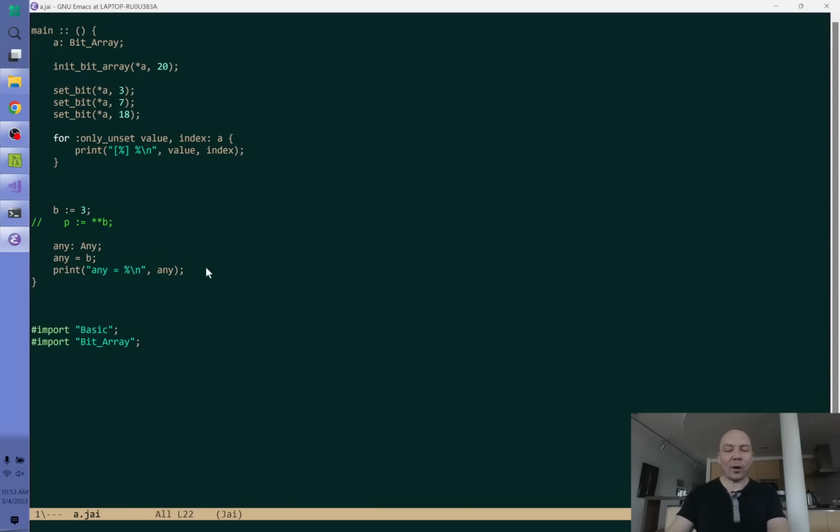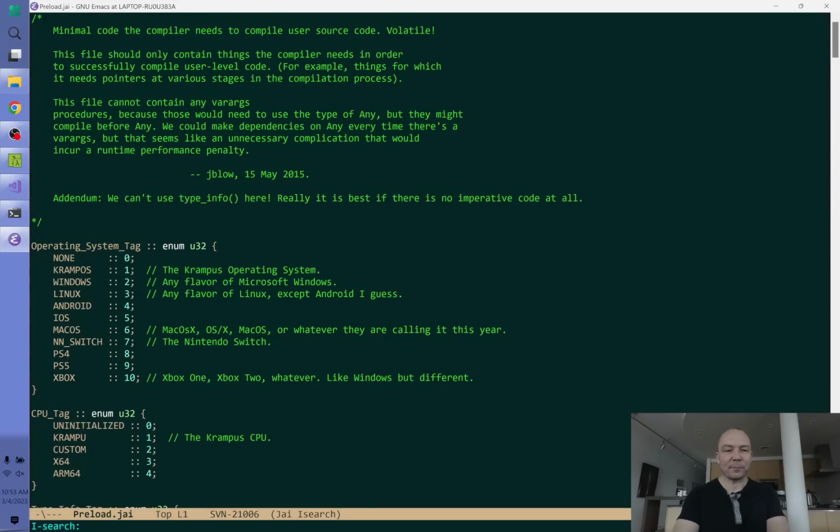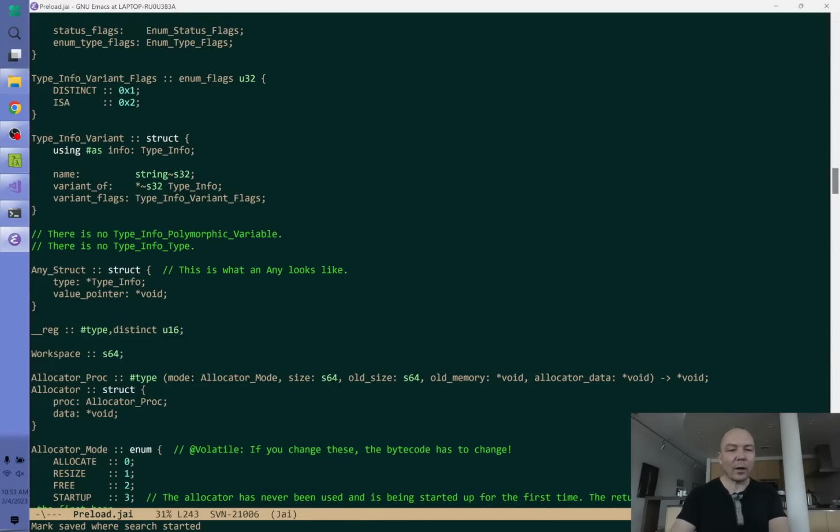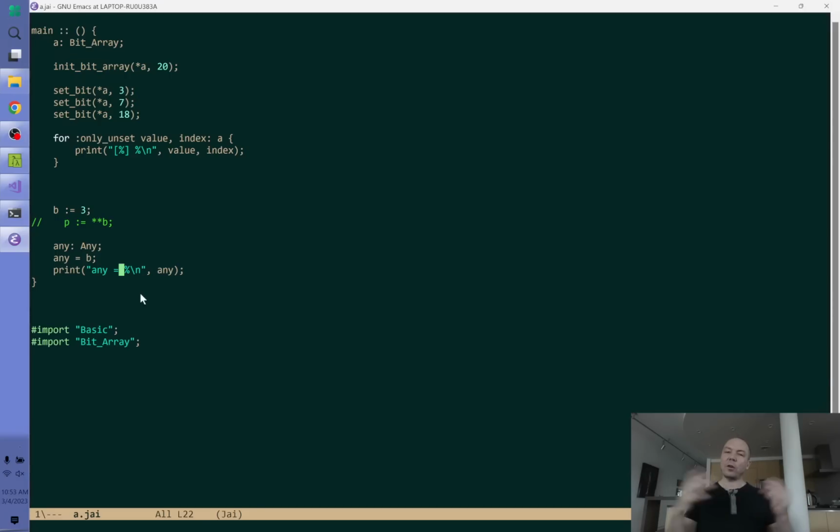this is a struct containing... I guess we don't define it. Okay. We don't call it any here, but this is what it is. It's a struct with 2 things. It tells you the type and a pointer to the value. And the reason it's a pointer to the value is the value could be arbitrarily big or small, and we want an any to be the same size so that things can treat it uniformly without being polymorphic. Okay, so